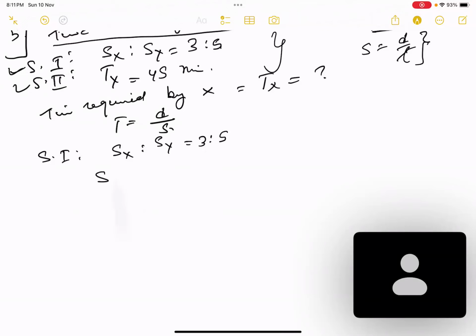Now consider speed of x and speed of y is 5y. Oh, sorry, 5x. Now statement two is that